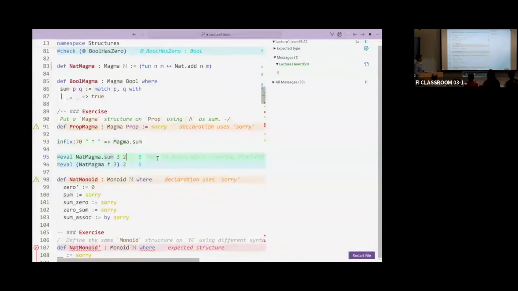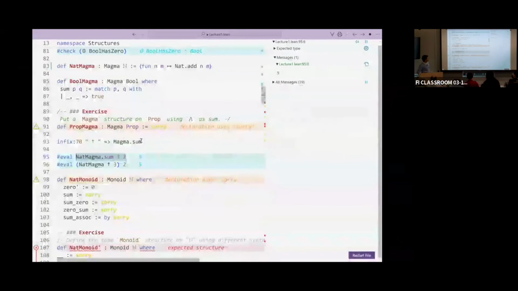And you see, it is not so stupid, in the sense that now that you have defined a magma structure, so you have endowed N with a sum function, you can evaluate this sum of 3 and 2. 3 is an element in N, 2 is an element in N, and it knows that sum 3 2 works.